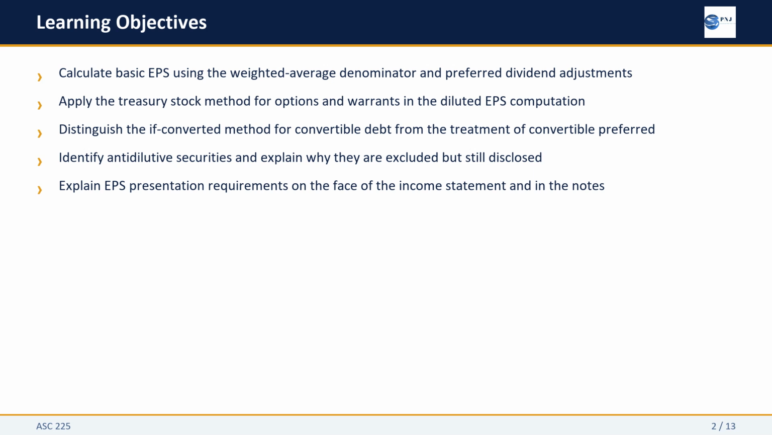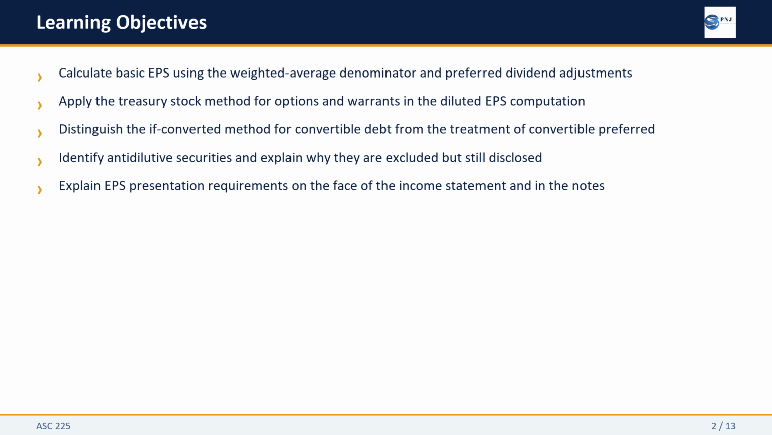By the end of this section, you will be able to calculate basic EPS, including the preferred dividend numerator adjustment. Apply the Treasury stock method to options and warrants in the diluted computation. Work through the if-converted method for convertible debt and convertible preferred. Identify when a security is antidilutive and why it is excluded, and explain the full presentation and disclosure framework required